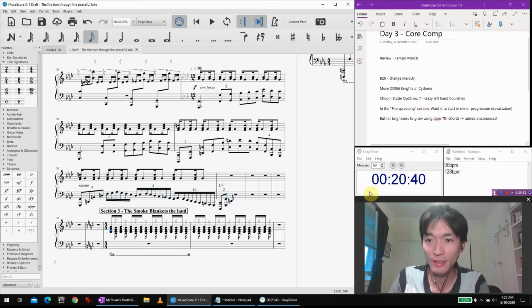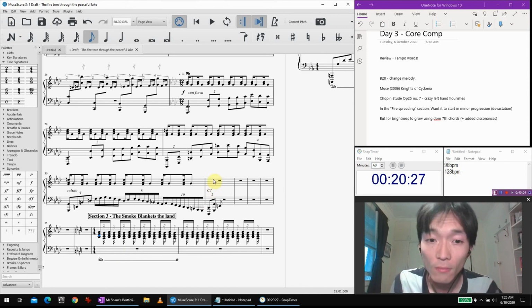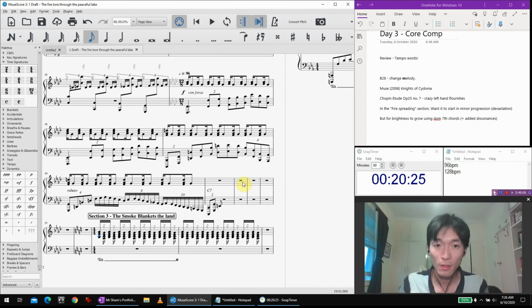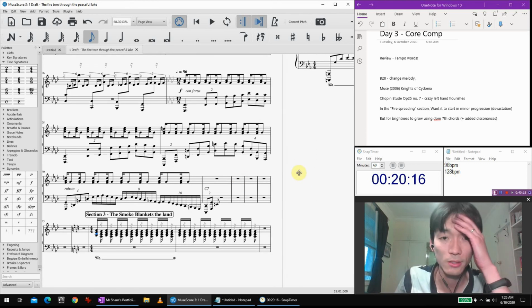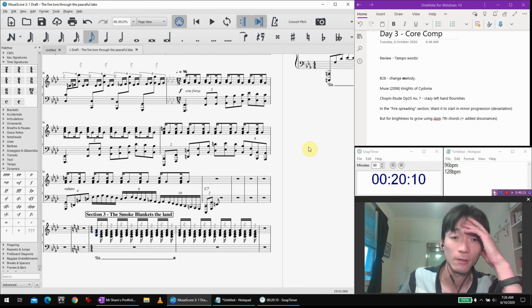Okay, I think that galloping fire idea might go even more if there's any way of making it more. I reckon I'm going to start introducing a tremolo idea in here. Oh my goodness, that's a nightmare. A single hand tremolo is not fun. It's just really hard to execute on the piano.